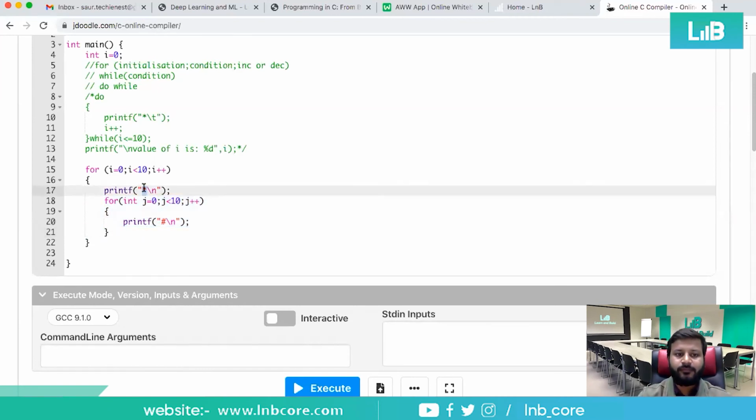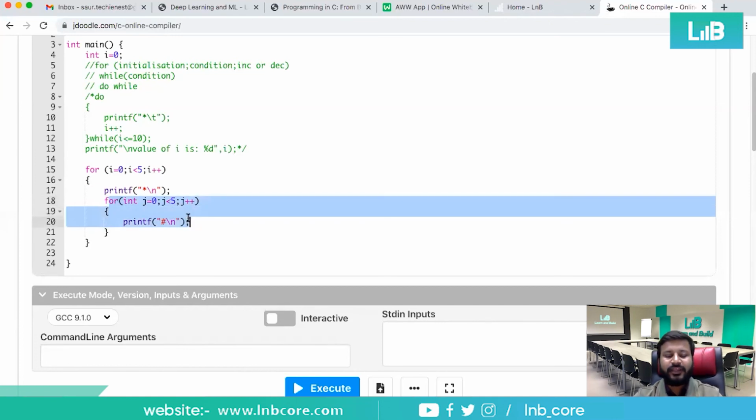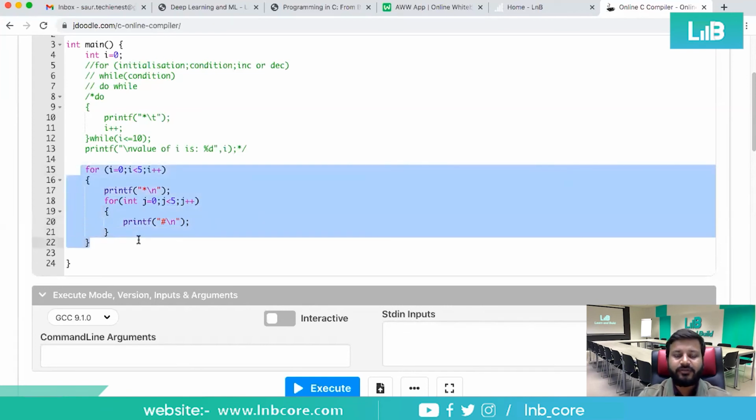Think about it. For every star, let me run this first of all. A star will be printed once, then 10 hashes will be printed, and everything will be on the next line. Then again, let me make it small, for 5 times. So the outer for loop will run once per iteration, and the inner will run 5 times. In total, the entire loop will run 25 times.